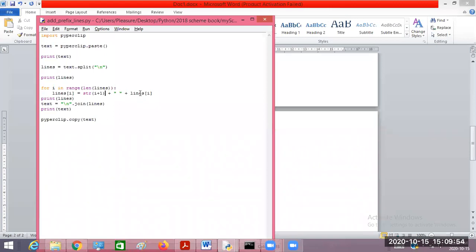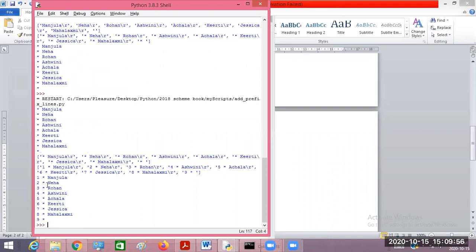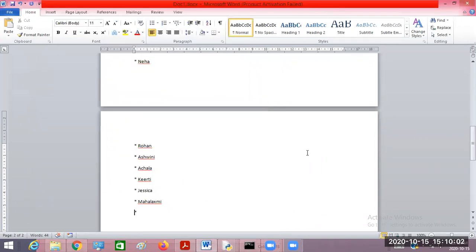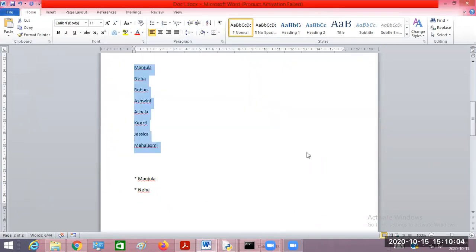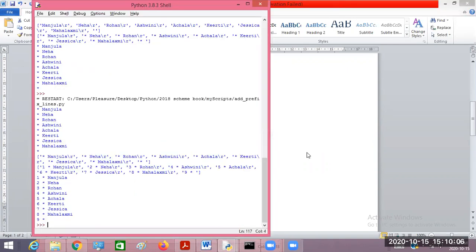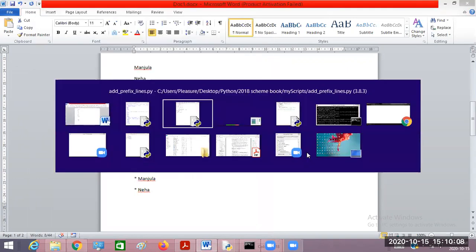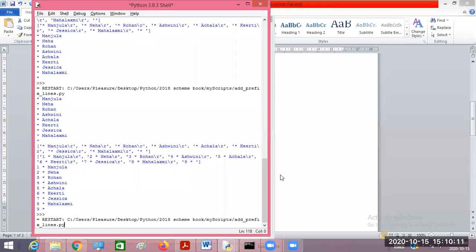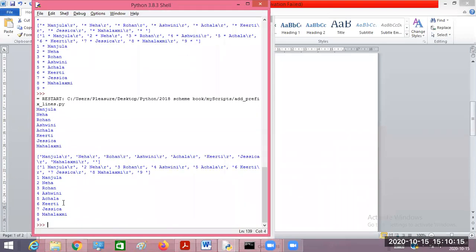So if I run this code now, look at what I got. 1, okay, star? Why is the star coming? Oh, sorry, I copied this data. This one I need to take. Right, now run the code. Now look at what I got: 1 Manjula, 2 Neha, 3 this one. What I was expecting, I got it or not?